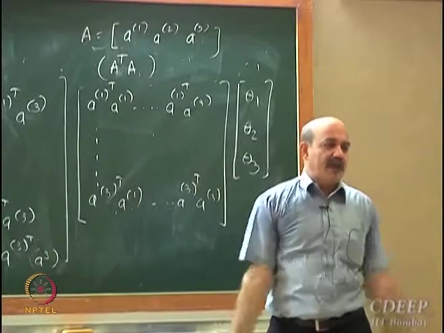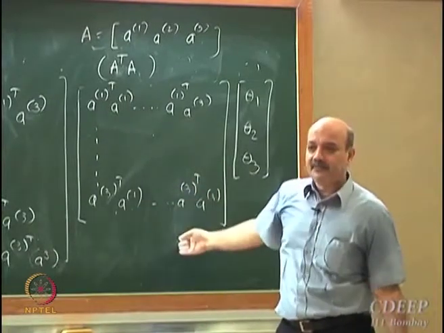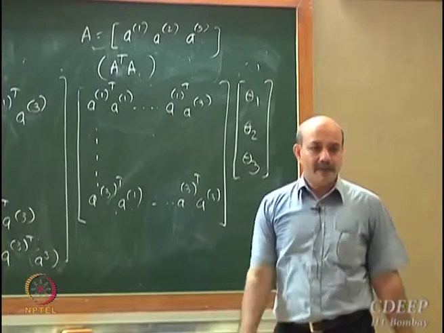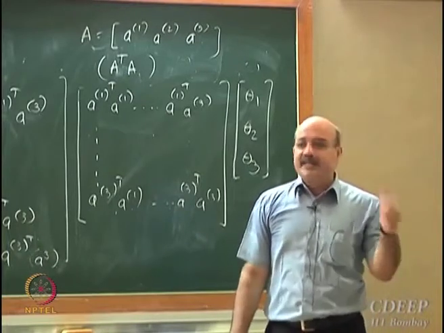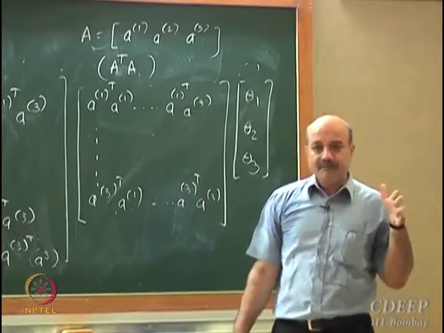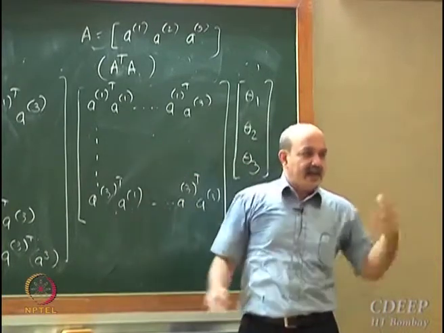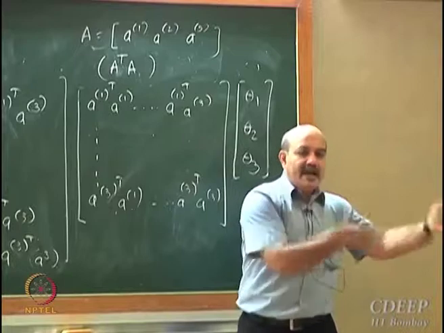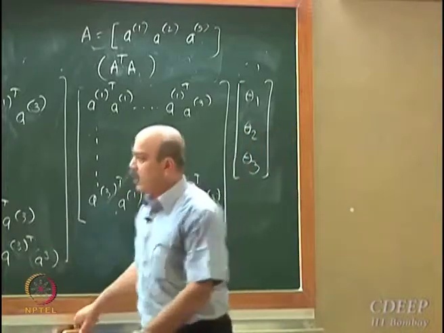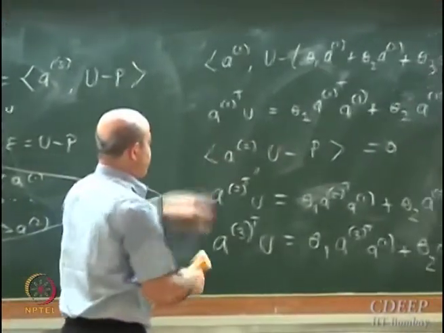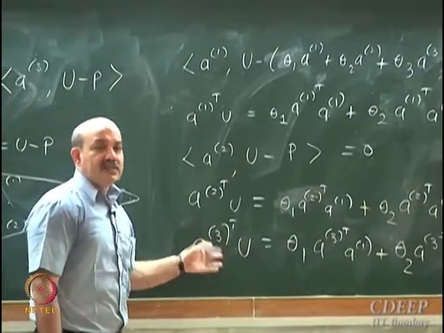Is multiplication of A transpose A this matrix. Okay, the algebra ties in with the geometry very nicely. Algebraically we arrived at this condition, A transpose A theta is equal to A transpose u. Now just look at this left hand side. What is left hand side?